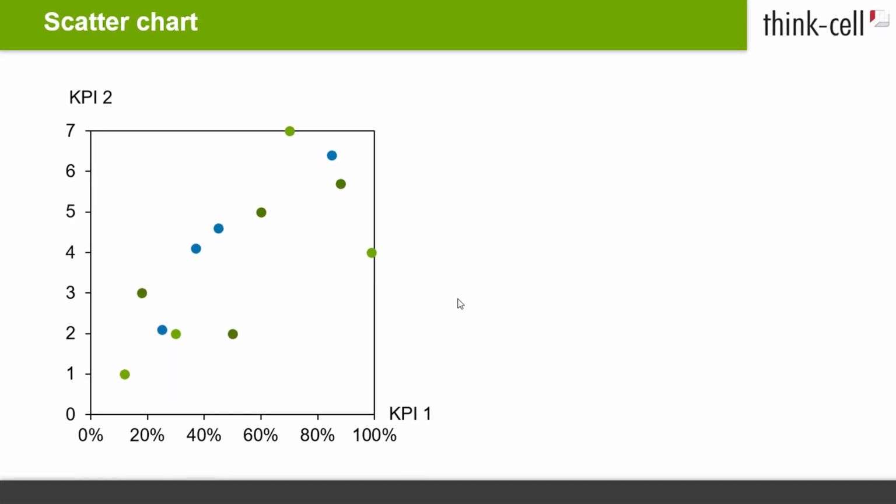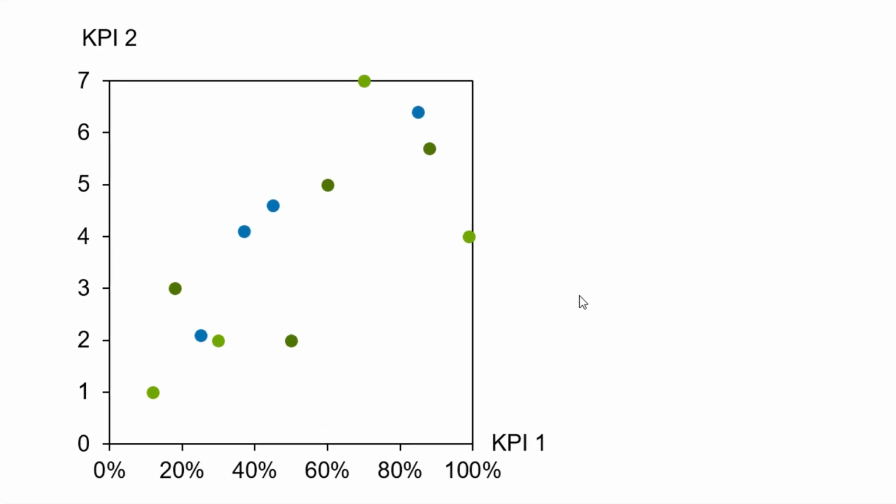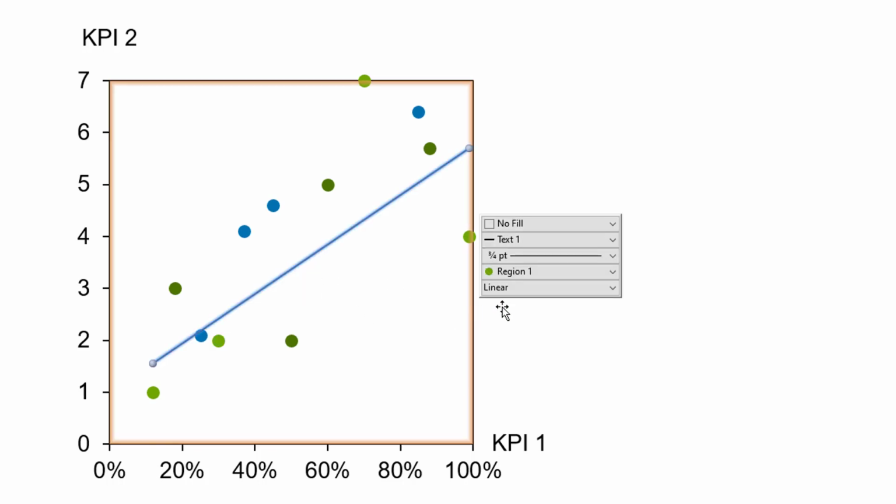Let's assume you would like to add a trend line to your scatter chart to graphically represent trends within a group of data points. For example, as part of a regression analysis, ThinkCell calculates the trend line for you. Right-click on a marker of the desired group and select Add Trend Line from the context menu. Left-click on the inserted trend line, open the trend line type control, and choose your desired option.